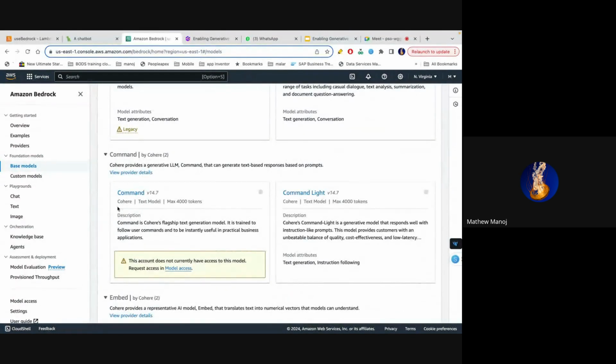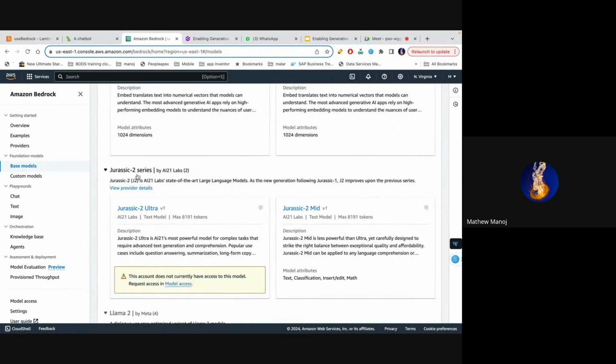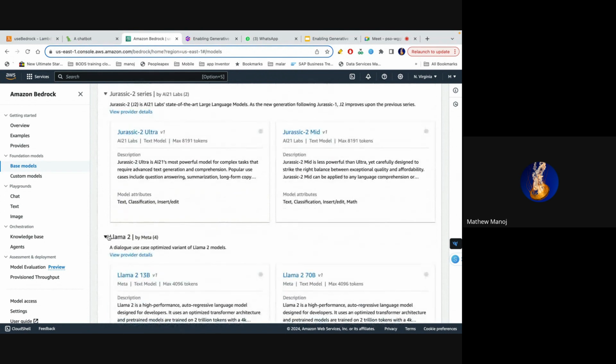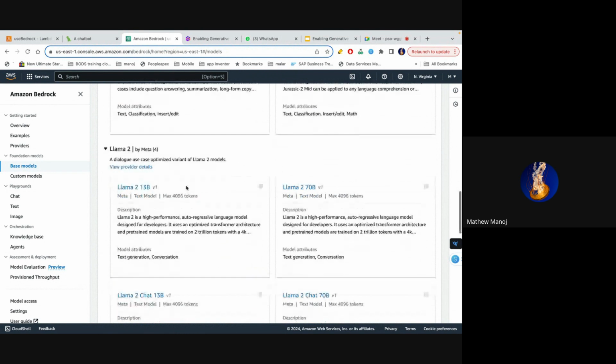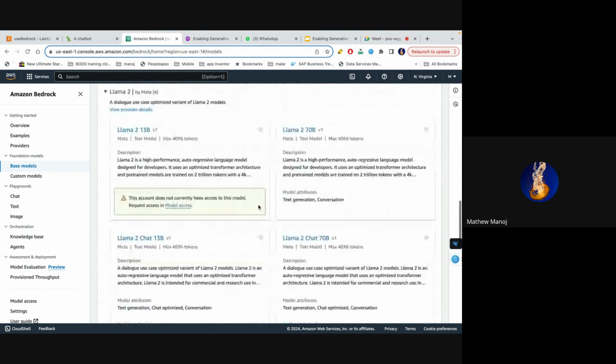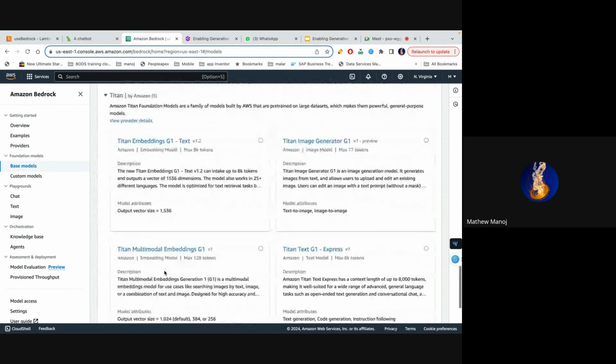You can use the Command model, which is by Cohere, and then the Jurassic 2 series, which is also a big model, given by AI21 Labs, and the Llama 2 model, which is released by Meta and is also open source right now. You can use the small one and the big one, and Stable Diffusion here, and there are many more models here.